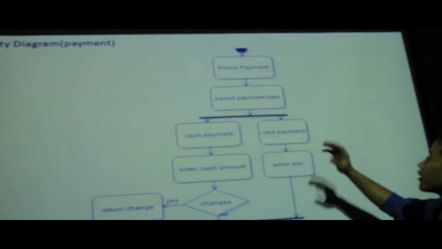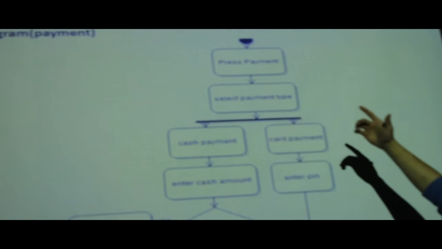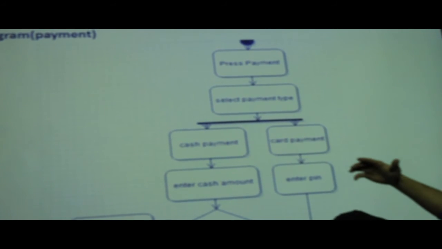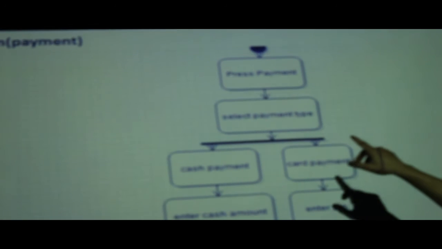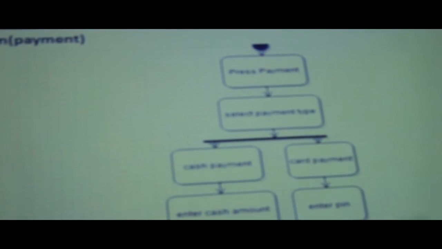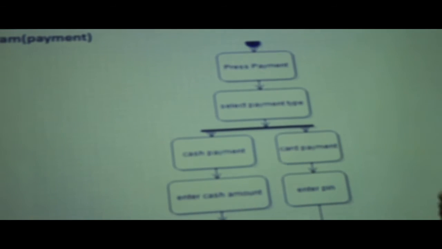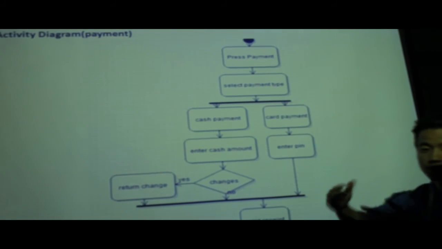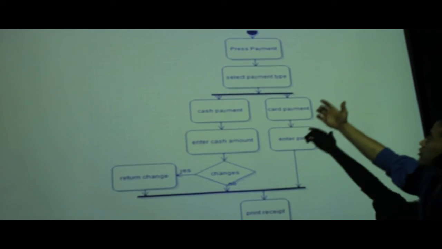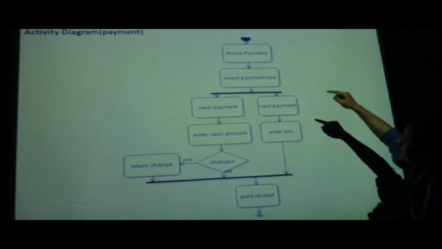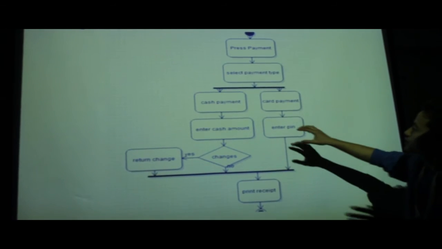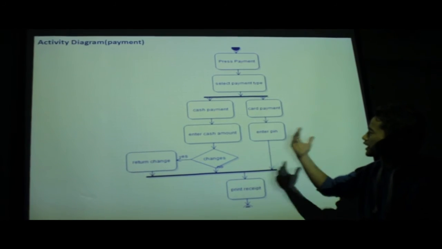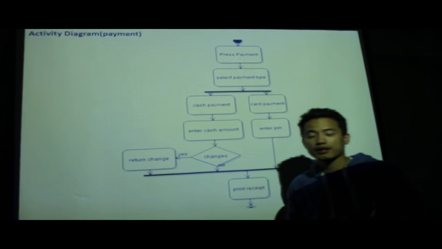So how it eventually occurs is, first, in order to take the activity sequentially, the waiter is the one who takes the order and processes the payment. So a waiter usually presses the payment button that appears on the user interface. When the waiter presses the payment button, there are basically 2 kinds of options that appear on the screen. The first one is cash payment and the other is card payment,